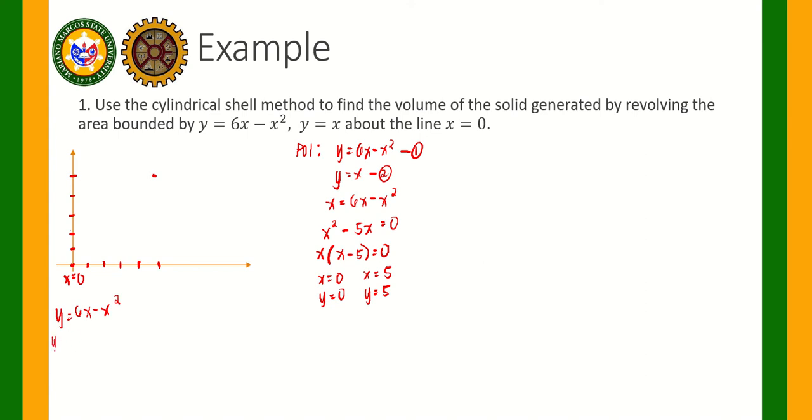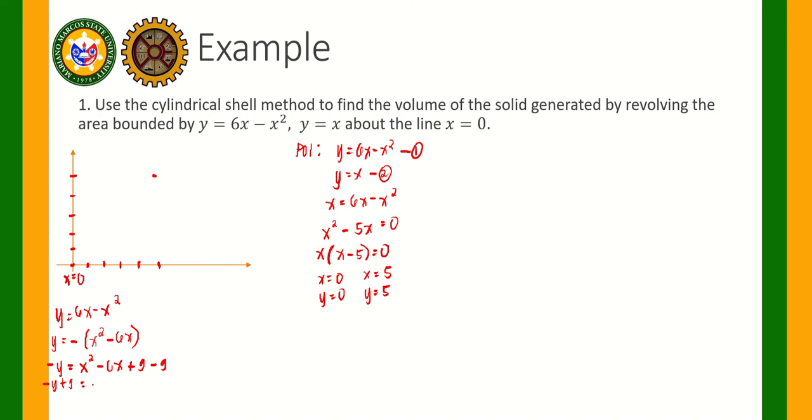So rearrange natin, we isolate si negative y and this will become x squared minus 6x. So we can transpose this one dito sa right side natin. So magiging negative y equal to, perform natin is completing the square. So this will be equal to x squared minus 6x plus 9 minus 9. Okay, si minus 9 dito, ililipat natin sa kabila. So, magiging negative y plus 9 equal to x squared minus 6x plus 9